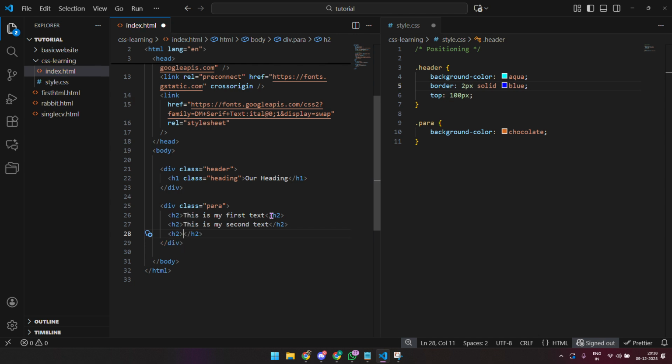I'll create another h2. This is my third text. And let's say we give id equals t1, id equals t2, id equals t3. I'll save this,